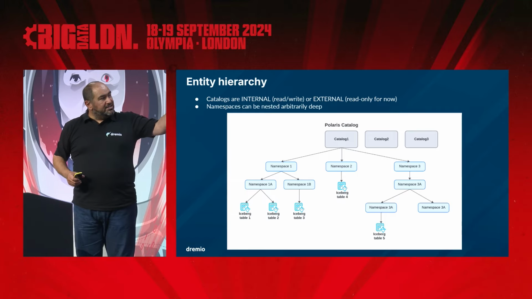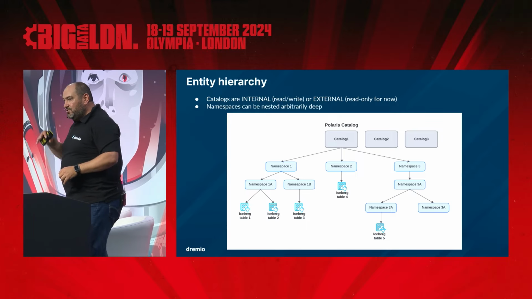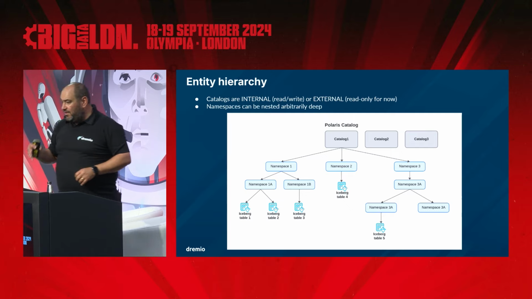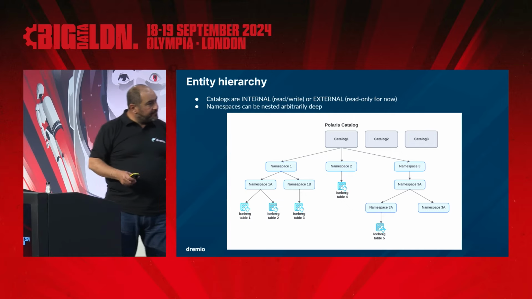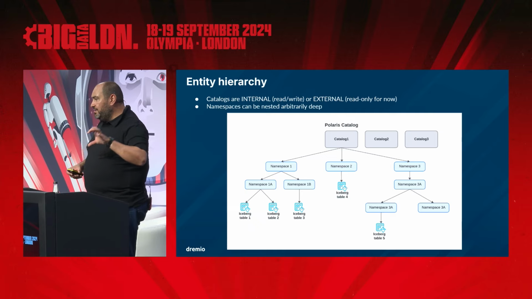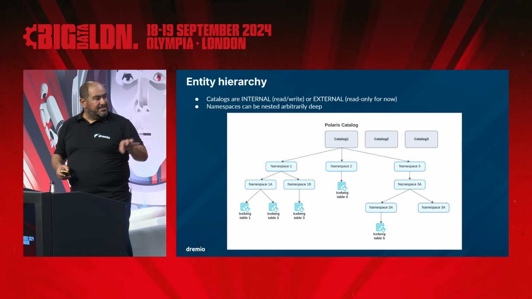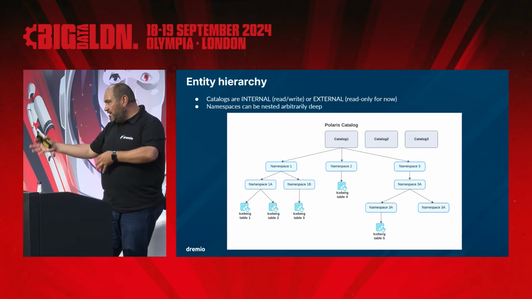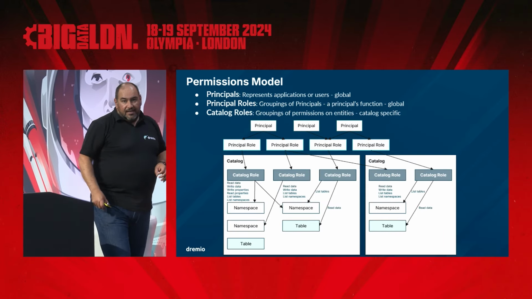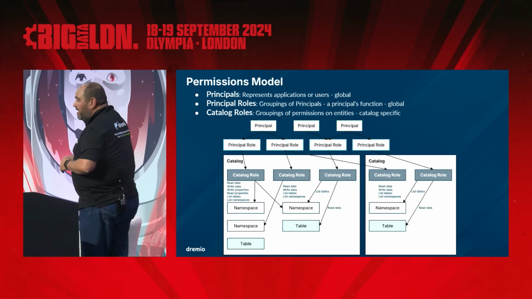So you create multiple catalogs, and then inside each catalog, you have the same entities as you have in Iceberg: namespaces, tables, views, stuff like that. So that's something unique in terms of hierarchy, that you have catalog and namespaces, and inside namespaces, you can have nested namespaces and also tables and views. So it means that we have two layers of permissions in